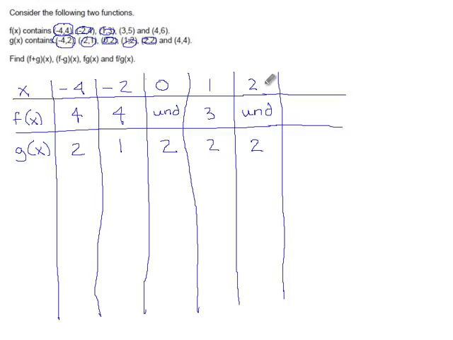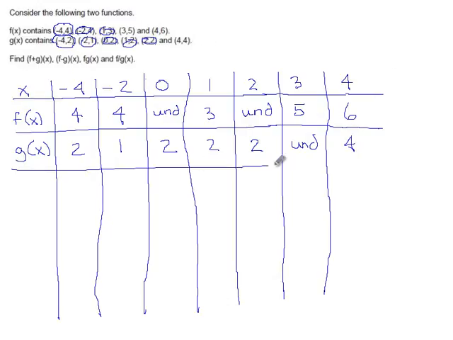When x is 3, function f is 5, and it's g's turn to be undefined. They don't say what its value is, so if they ever ask us about 3, function g is going to have problems. And finally, when x is 4, f is 6, and function g is 4 also. Okay, so there's everything that they gave us, and what they're asking for now is f plus g,